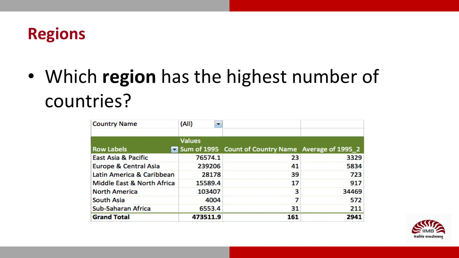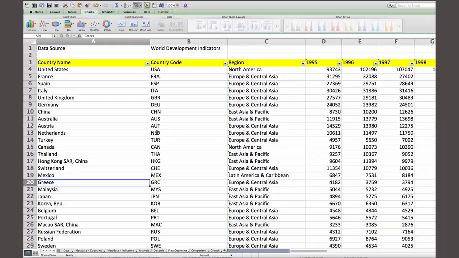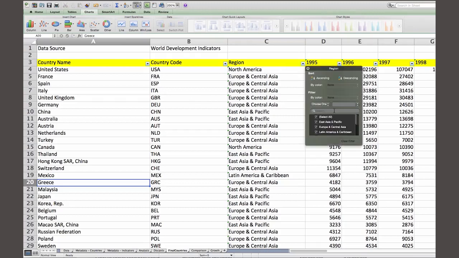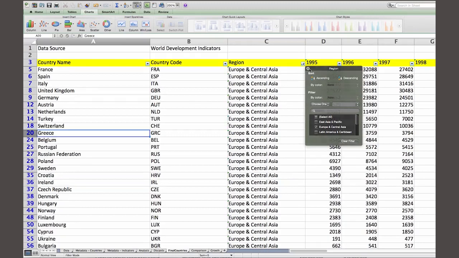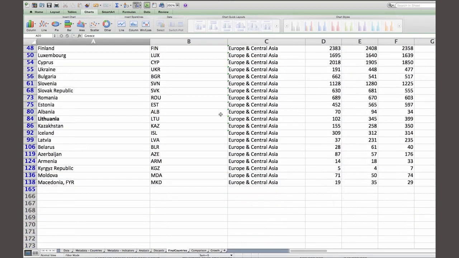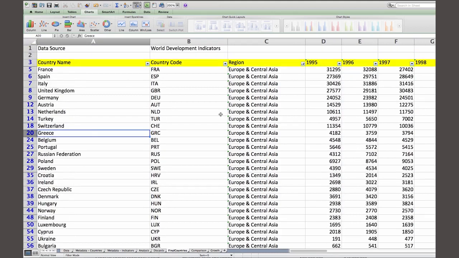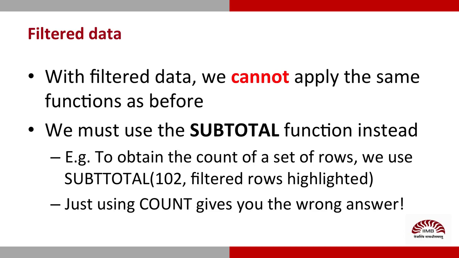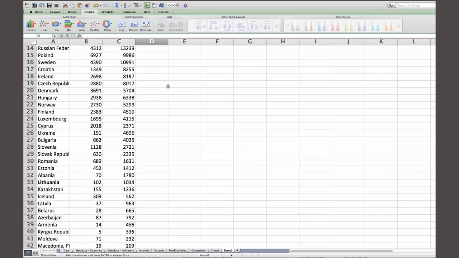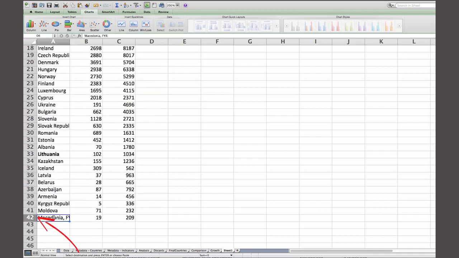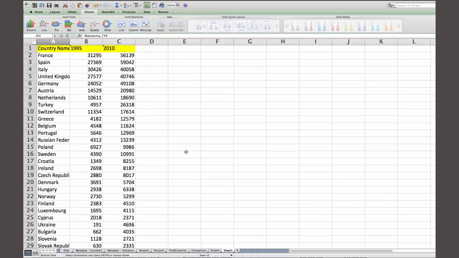Let's examine the largest region in terms of the number of countries. That's Europe and Central Asia. Very smart. Let's see how the receipts have grown over time, shall we? In this filter for region, I'll start by deselecting all and then selecting only Europe and Central Asia. And if I were to scroll down, I have a set of countries that turn out to be 41 in number. And what we have, let's just double check, are 42 rows minus the header at the top anyways.